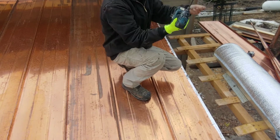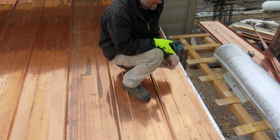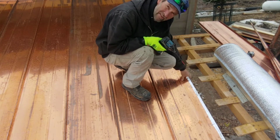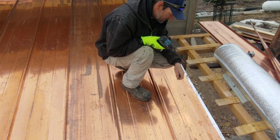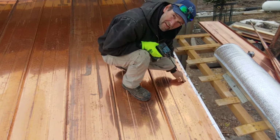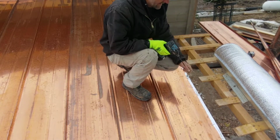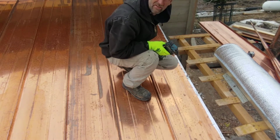Well, I think I'm done for today because it's raining and I don't want to be on this through the rain, but I got to make a trim that clips on here that'll be a hidden fastener system. So keep watching. You'll see how that's built and how it's clipped on to the fascia and to the top of the roof, concealing every fastener. This is the tedious part. And then across the top of the wall,